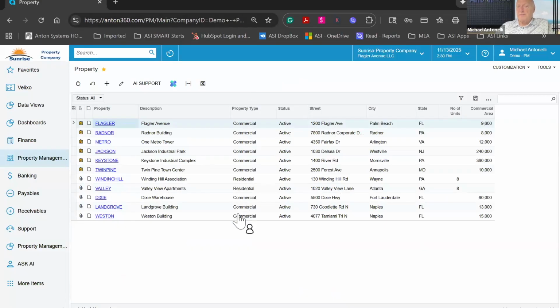You have different types, so you can differentiate commercial, residential, retail, industrial. Large portfolios can do groupings. Just like in Acumatica, you can move your columns, you can add columns. But we're going to focus here just on the data object. So at the Flagler object here,